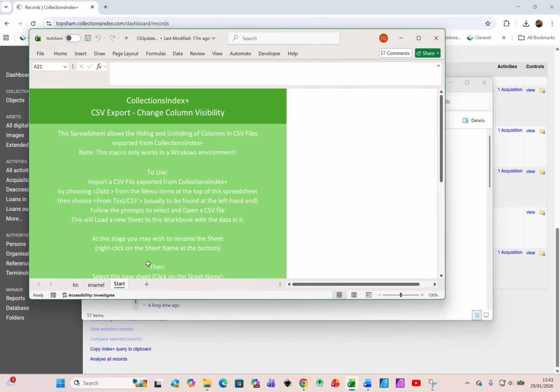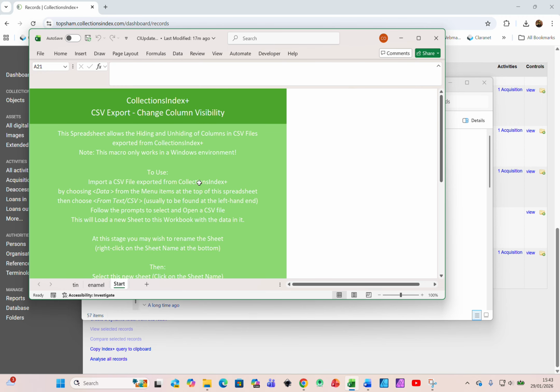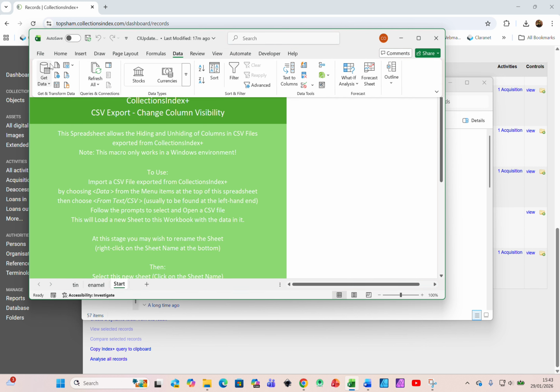Now on the start page or start section, there are instructions as to how to import a CSV file and what you can then do with it having imported it. So have a read through those, print them off if you want to. Hopefully it will give you a good guide as to how to go about this. And if you read them, you'll see it firstly tells you that to import the CSV file, you're going to choose data from the menus at the top of the screen here, and then